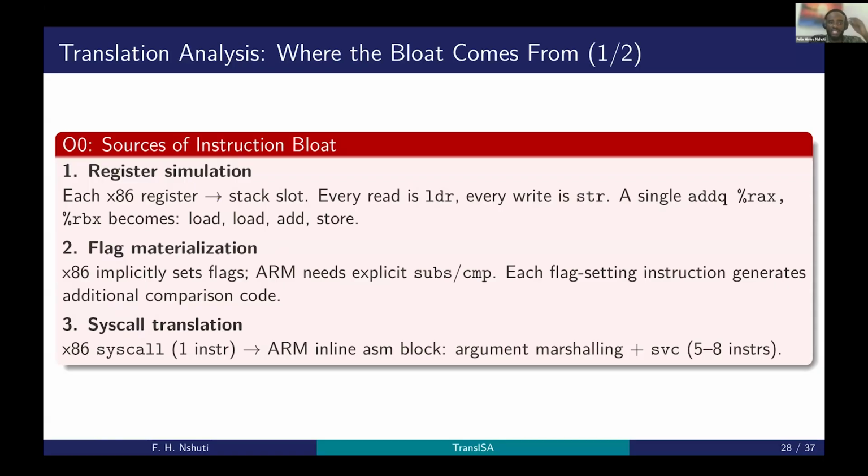We've seen that the register simulation caused a lot of instruction bloat. Then there are the computational flags in x86, which will generate actual additional comparison code, because we are simulating that as well. Then the system calls will introduce more instructions, because one system call from x86 will result in 5 to 8 inline assembly instructions for the